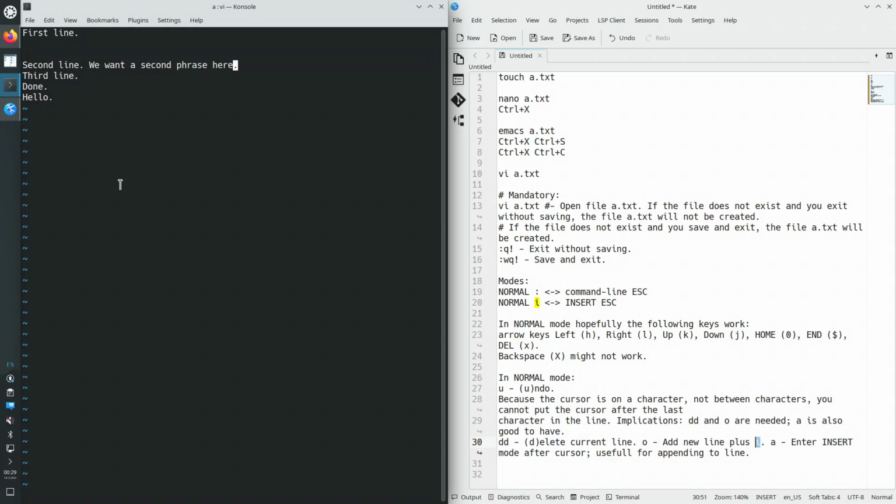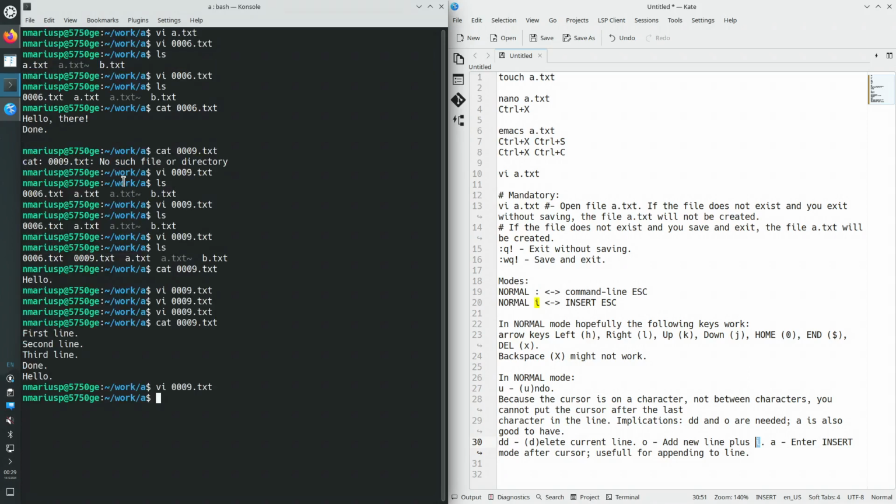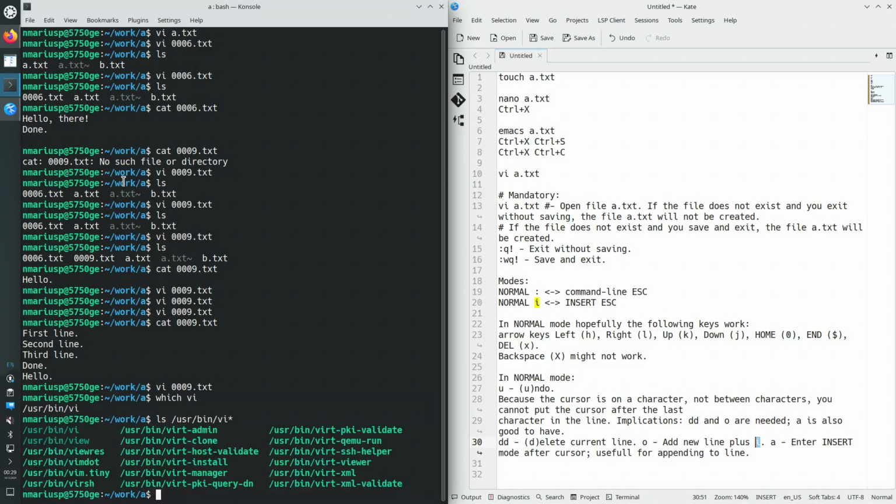And let's now see how we can install VI and if I have it installed on my machine. So Escape, go back to normal mode, quit now, and I have more VIs on my machine. My VI is in fact this one, vim.tiny. And because I also have BusyBox available,